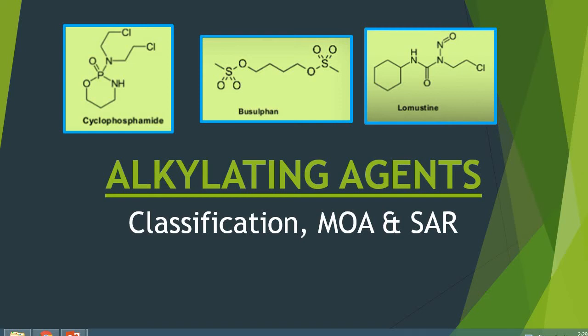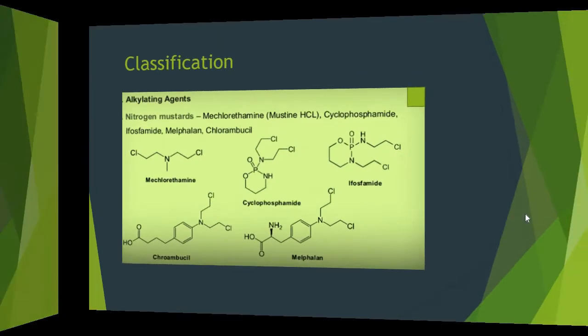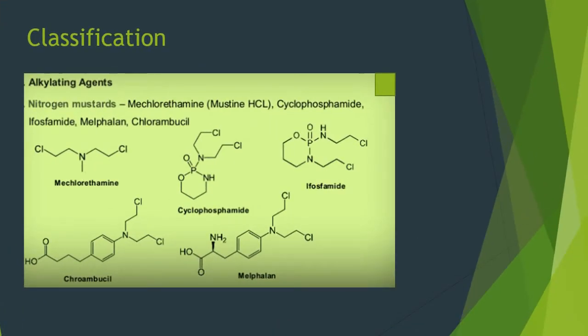Hello everyone, today we are going to discuss alkylating agents. In this lecture we will discuss classification, mechanism of action and structure activity relationships of alkylating agents. So coming to the classification, alkylating agents can be subclassified as nitrogen mustards, and the drugs are mechlorethamine,